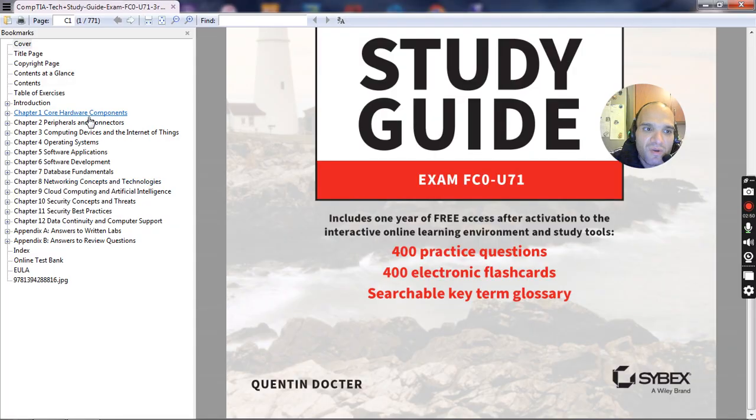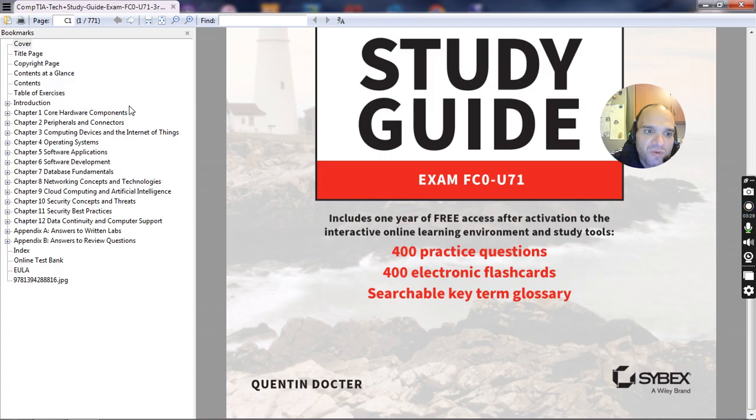That means you may start from chapter 1 and go all the way up to chapter 12, or you may choose to start from database fundamentals, then move to software applications, then software development, then data continuity and computer support, and so on until you finish the whole material. So either you choose top to bottom, or you choose to study